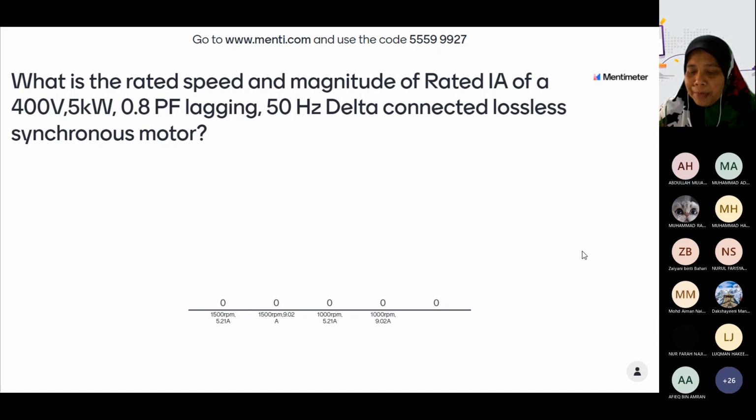Okay, there is one more formula. There are 2, right? One if you use root 3. The other one is 3 V phase I phase cos theta, that is, IA cos theta. 3 V phase IA cos theta. Okay, you can get your IA by using that formula. Try. What do you get? Just choose one. Okay, at least you get the current first. How much is IA? And then